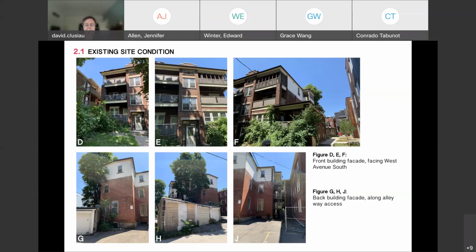Figure G, H, and J is the rear of the building, adjacent to the alleyway access. The existing garage on figure G and H is to be demolished, as well as the existing wood fire escapes along the side of the building.